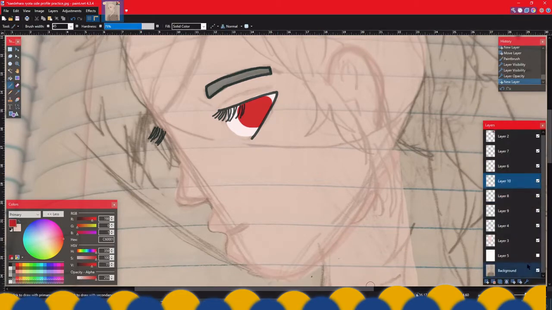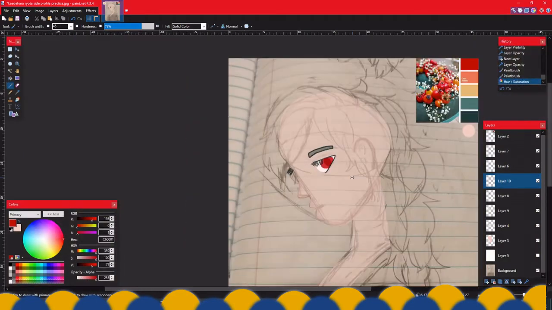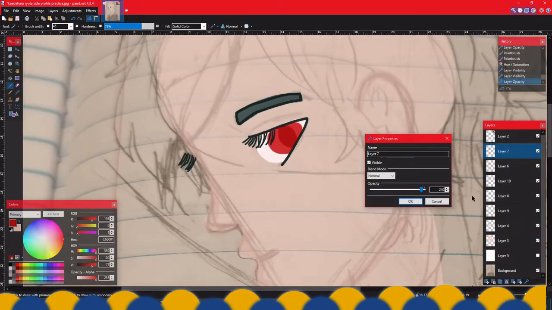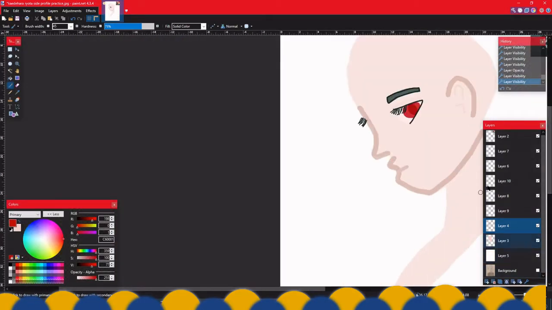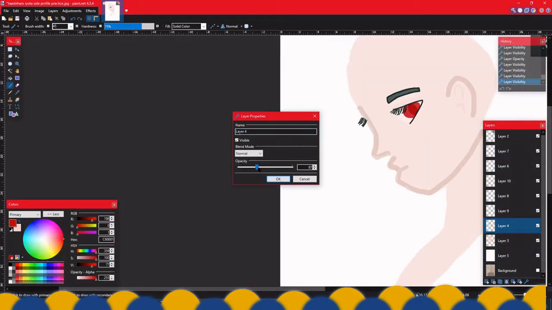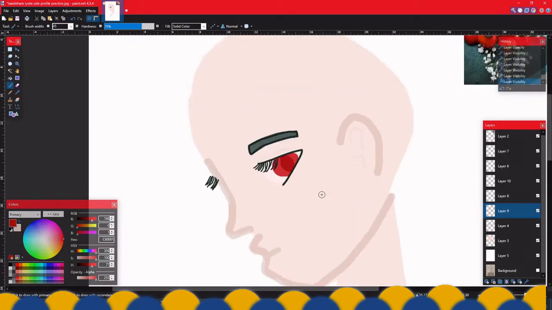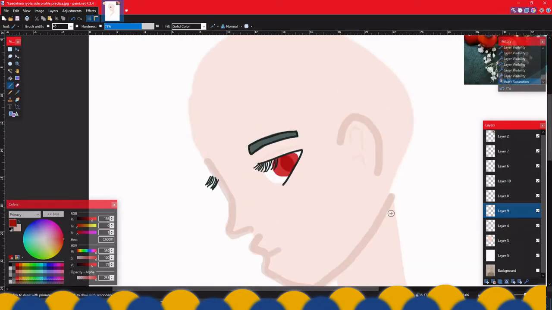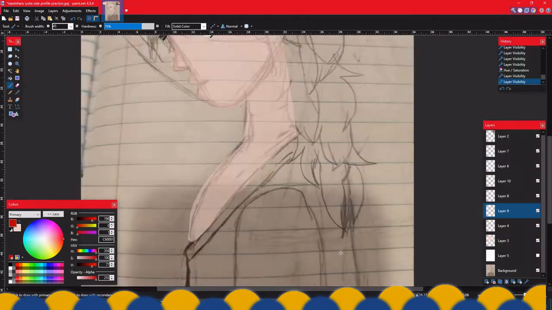The first thing I do when I color is Google color palettes because, again, I am a beginner and I'm not good at color theory. So I had to look for a color palette. Then in my application, which is paint.net, I started filling in the base colors, and then I did the outlines.